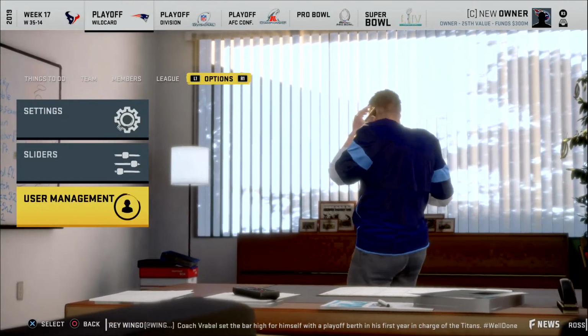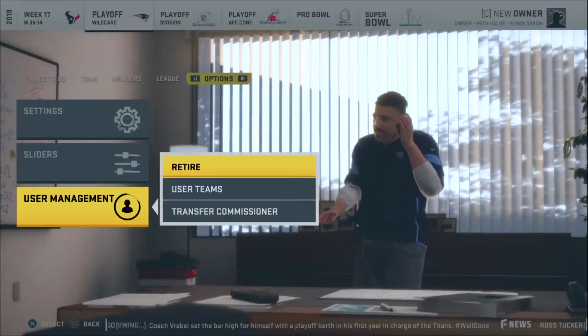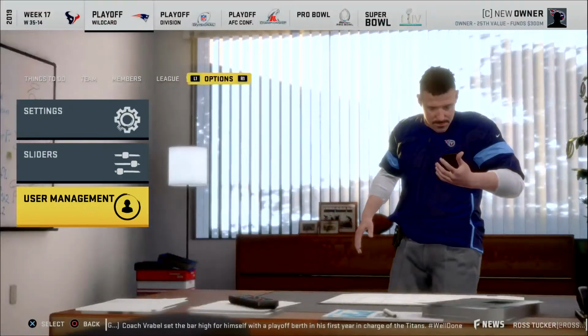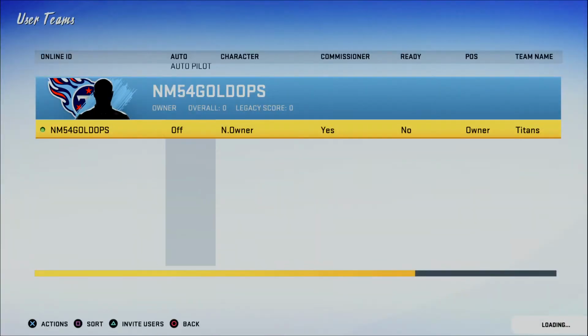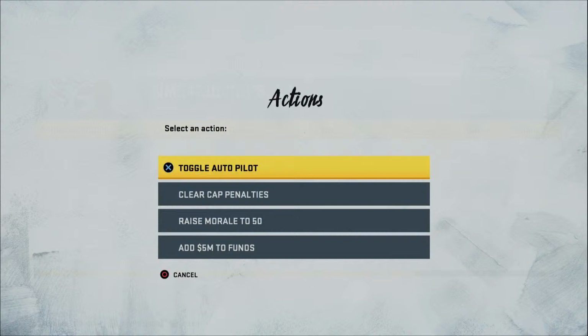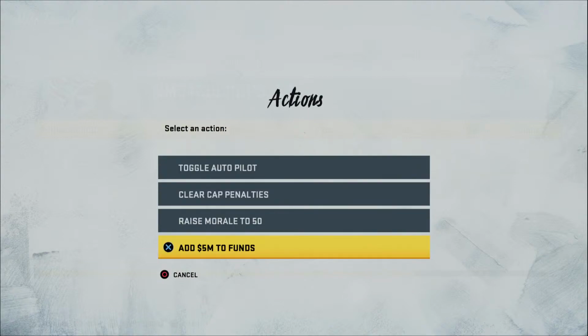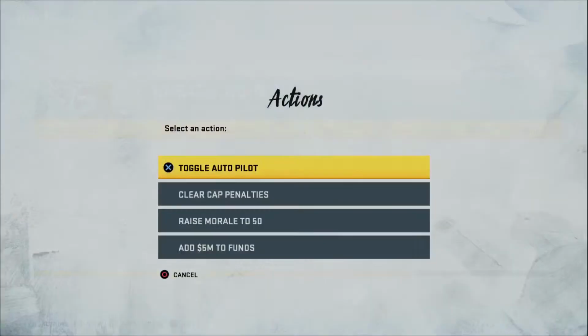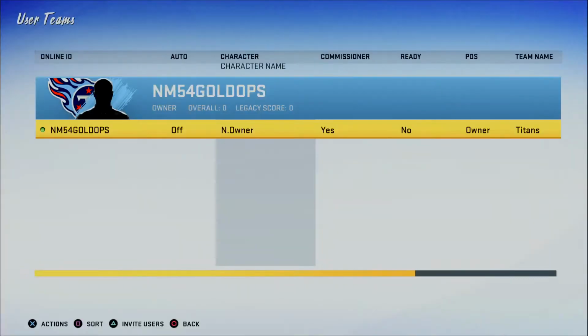Actually, I think one specific difference in particular. If you go to your user management and you go to user teams, you can add funds to your team. So if I click on any user in the league, I can now go down and hit add $5 million in funds. Now, we're going to talk about what this actually does for you in a minute, but what you'll